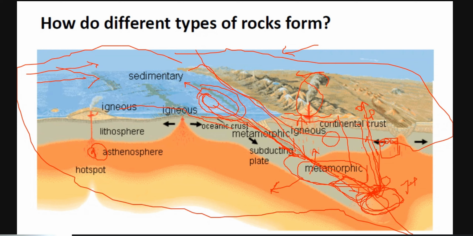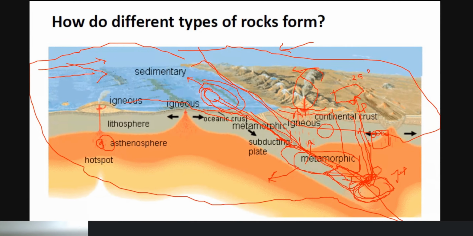And for rock that erupts on the surface, what will happen? Suppose rock melts at around 1000 to 1200 degrees Celsius, and here the temperature is 25 degrees Celsius, so relative to this it is like 0 degrees Celsius. So here you will get very fine grained igneous rock. These are called extrusive igneous rocks. Extrusive igneous rocks are glassy material, very fine grained rock.